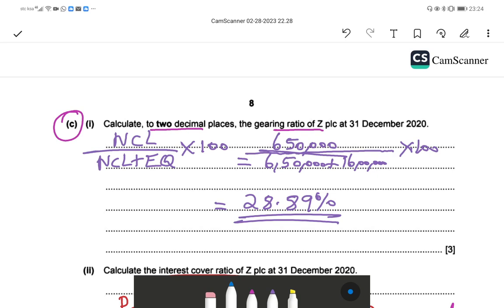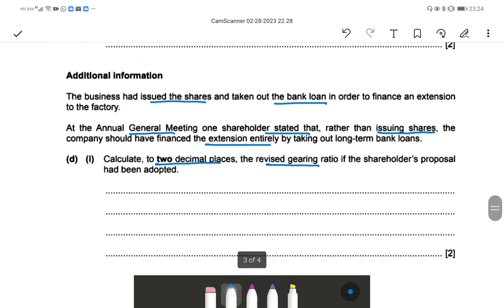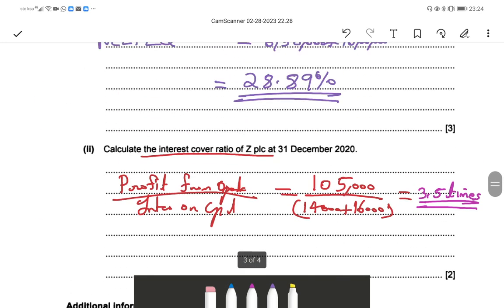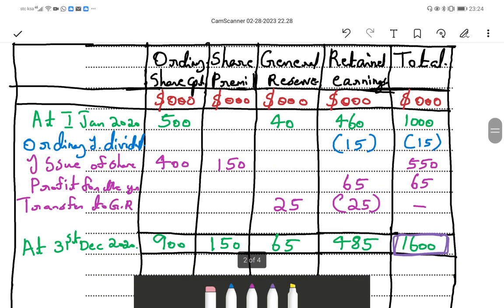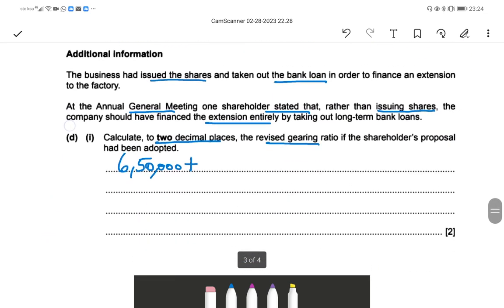The non-current liability was 650,000. And if they are issuing the shares, we have to find the revised one. The total of the issue of shares was 550,000. So 650,000 plus 550,000